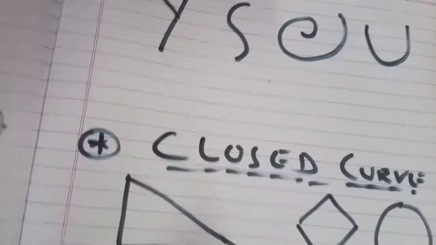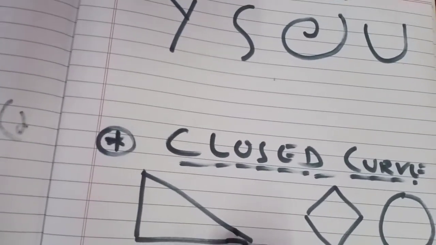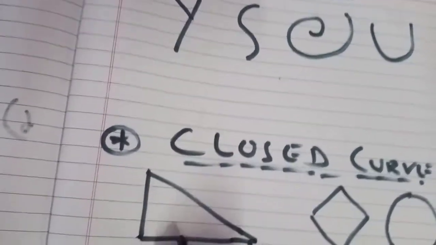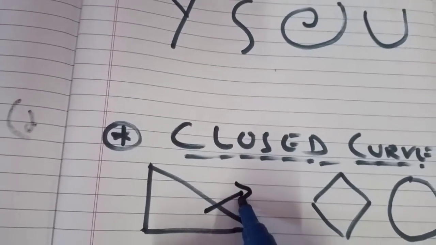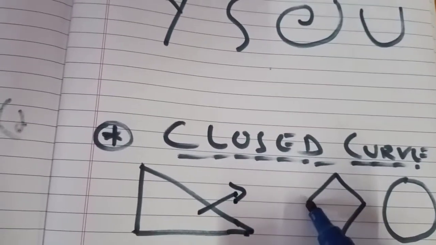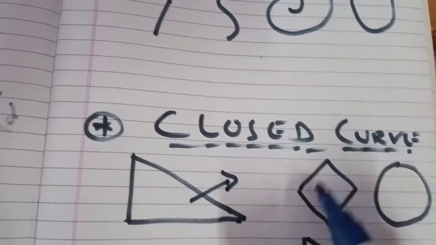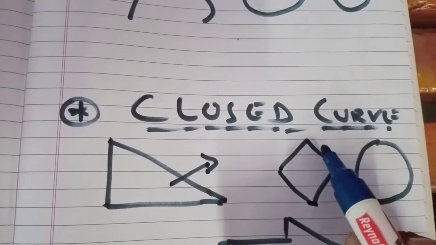You can see, as in this rectangle, all the edges are connected to each other, right? There is absolutely no space from where you can escape this, right? There is no space. Over here as well, if you can see, there is absolutely no space from where you can escape this shape.